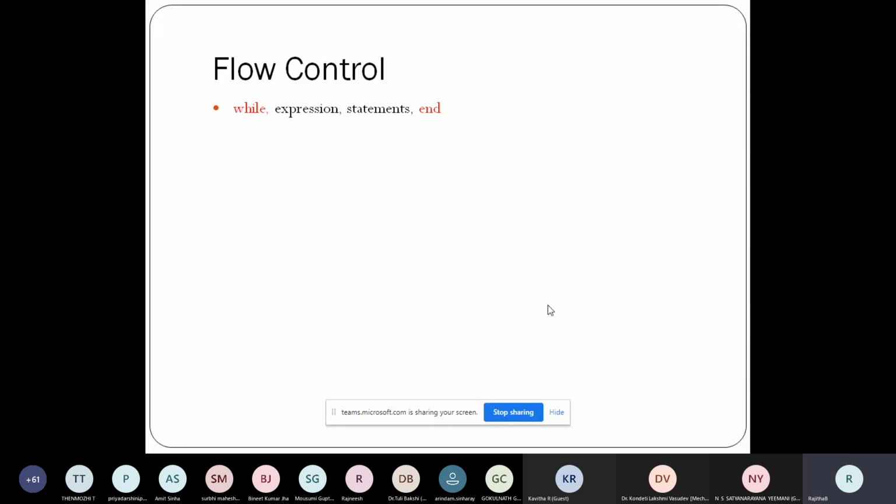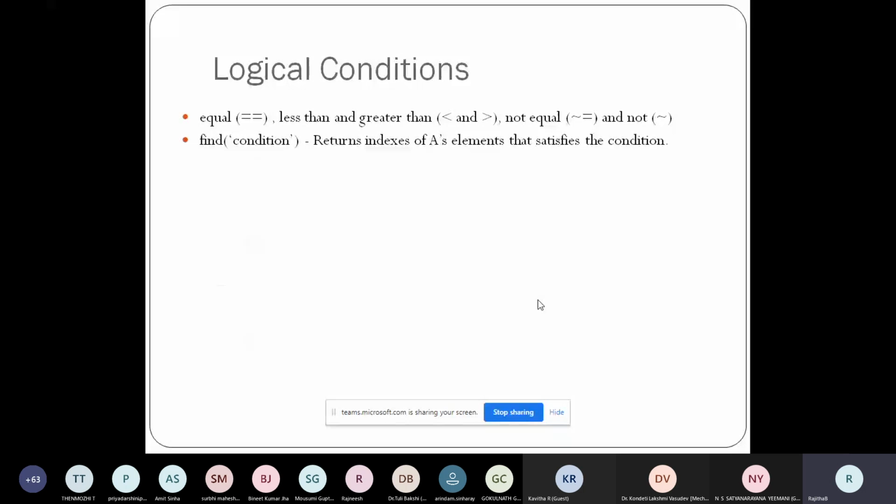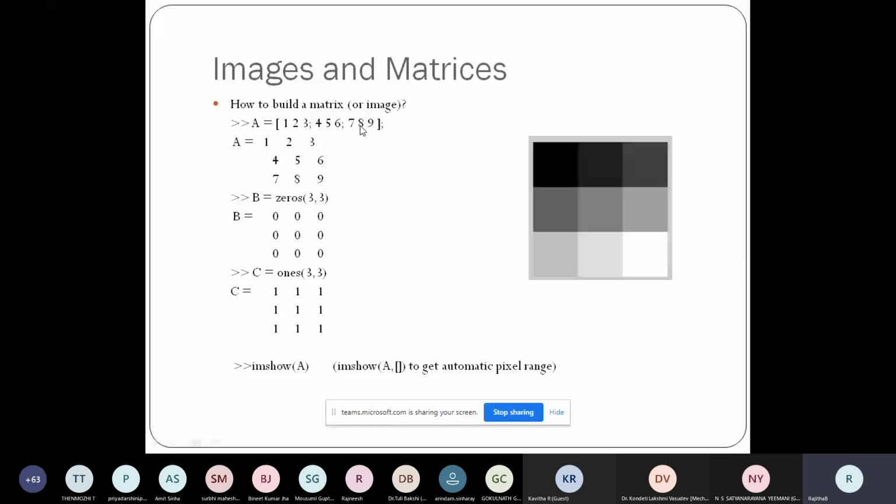So it will take a huge time complexity. But rather, if you go for MATLAB, it is very simple. You can simply write A equal to 1, 2, 3, 4, 5, 6, 7, 8, 9. Simple. What you do generally on your copy, pen, paper, right? So if I do like this, in memory it is getting stored like this in matrix form.